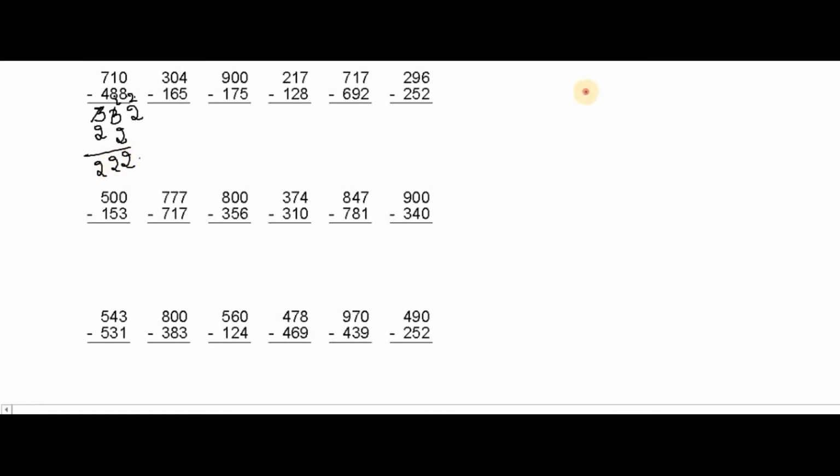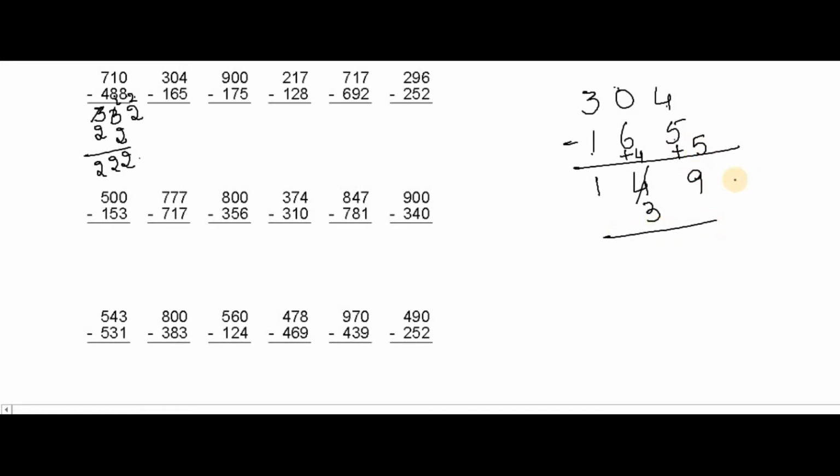Now I'll write here 304 minus 165. As you all know, by seeing the next digit you know it is a mismatch combination. So first 3 minus 1 is 2, but we'll not write 2, we'll write 1. The complement of 6 is 4, so we'll add 4 for 0 and the answer is 4. But we will not write 4 because 4 minus 5 is a mismatch combination, and 5 plus 4 is 9. So the answer is 139. In this way you are going to solve.